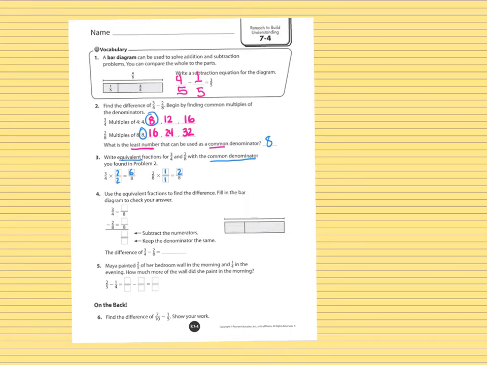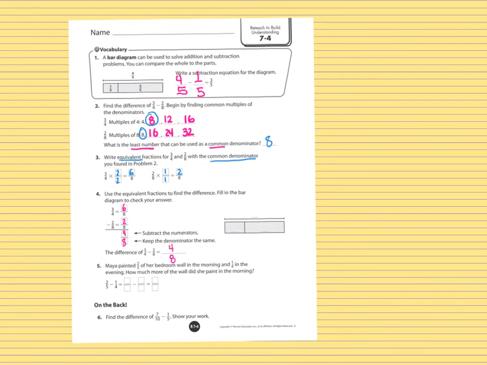And so now what we are left with is 6/8 and 2/8 as our new equivalent fractions. And so we are going to subtract. We're going to put 6 here, and we're going to put 2 here, and we subtract the numerators. So 6 minus 2 is 4, and we keep the denominator the same, and so that's 4/8. So then they asked what the difference between 3/4 and 2/8 is, and we know that it is 4/8 because we just figured that out by doing the common denominator. Okay,